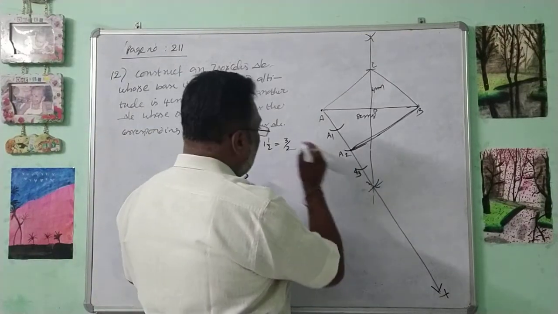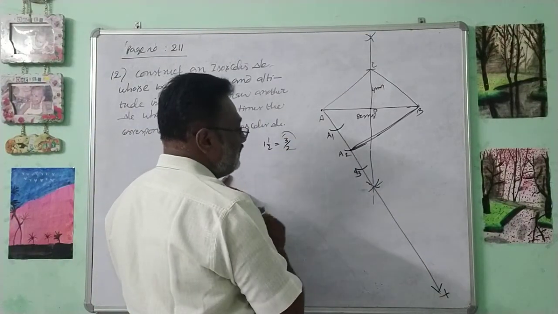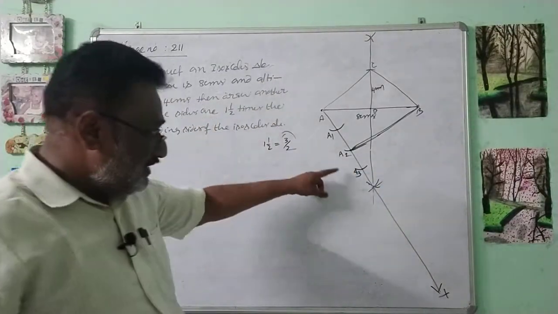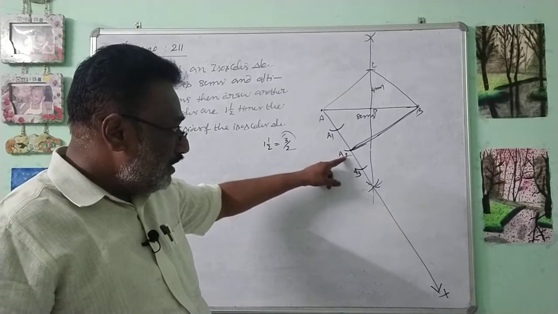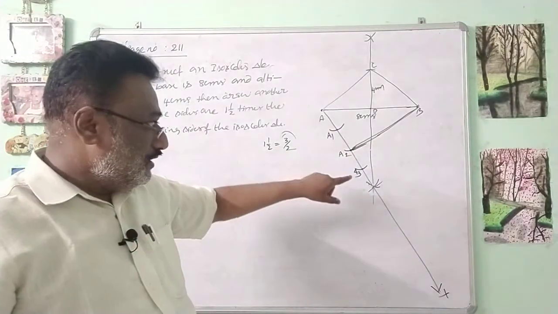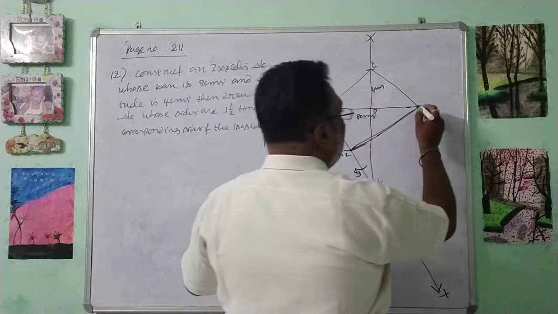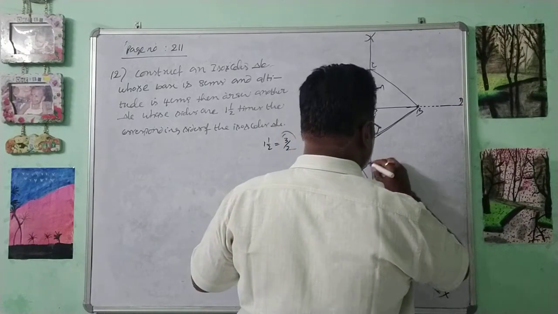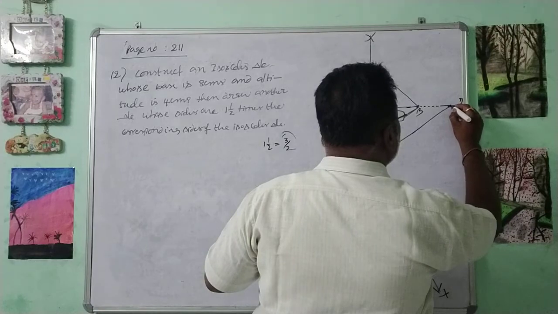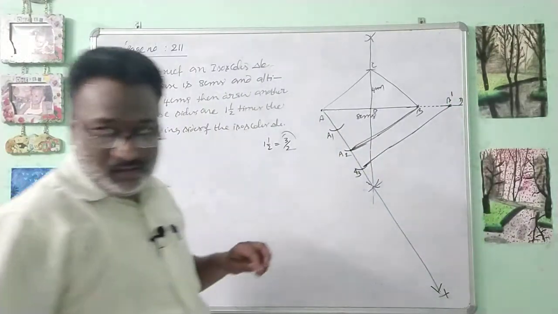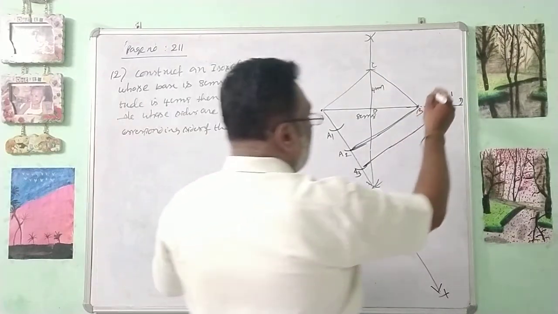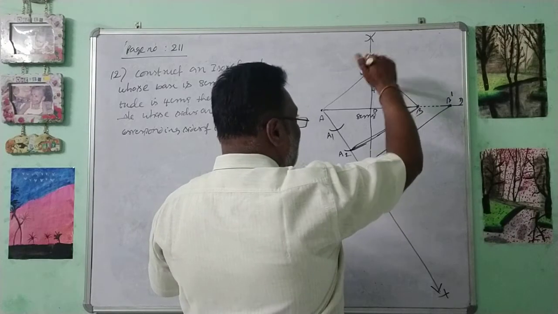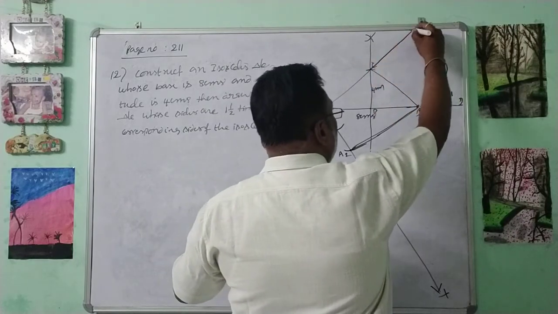Here, what is the next number in this place, means the third part. So from this third part, that means from this A3, we need to draw a parallel line to AB, through A3 to meet AB by extending it up to D in B dash. That's all. After that, from this B dash, one more parallel line you need to draw for BC to meet BC extending up to E